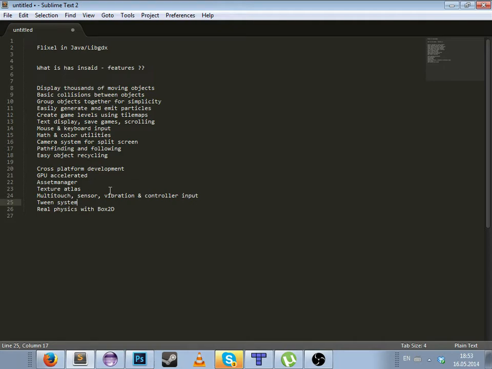You have the ability to detect if the user is using Android, or if the user uses the phone or the desktop. So you have a lot of stuff,